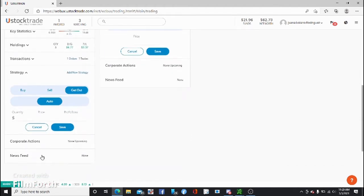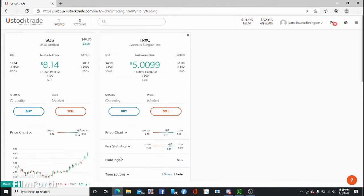I do believe there's a news feed on here. This one, SOS, doesn't have any news, I guess. So again, overall, I give this a 5-star rating, plus some. You can see now, we took 5 shares on SOS, we're up $3.57. Now, had we put 1,000 shares on SOS, that would be